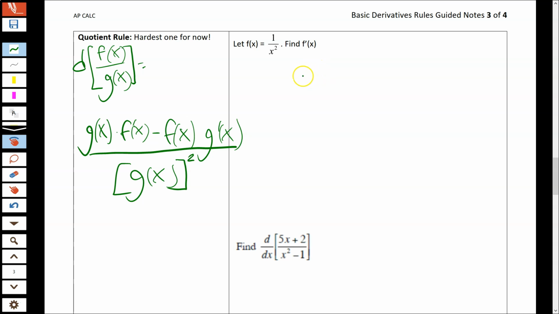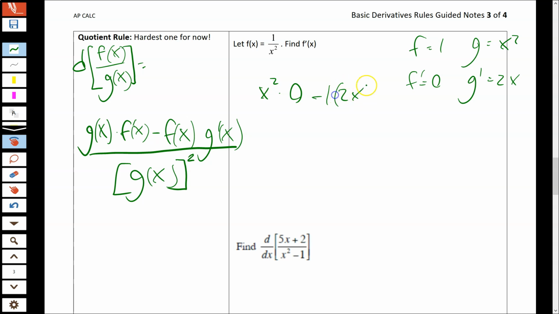So we'll do a couple examples here. So in this case, we can say, again, I called it f of x, I should have called it something else. We can say f, the top function, is just 1. That means f prime is 0. The bottom function, rather, is x squared, and then its derivative is 2x. Okay, and then I just follow the model. So g, so x squared times f prime, which is 0, and then minus f, which is 1, times g prime, which is 2x,